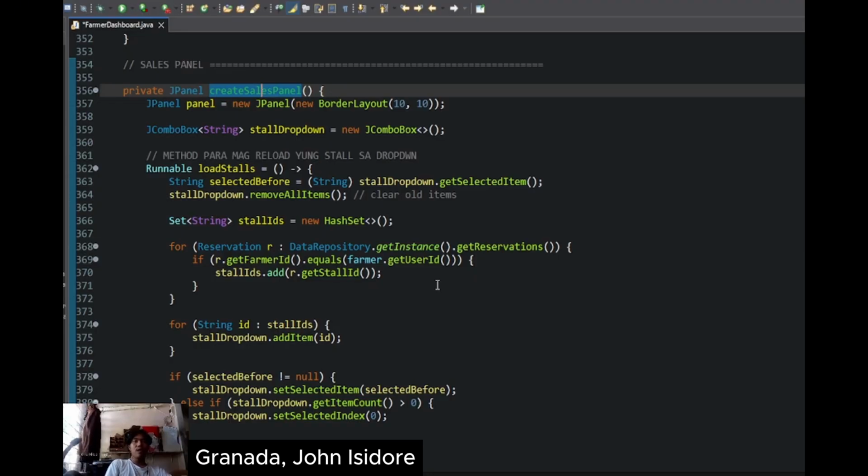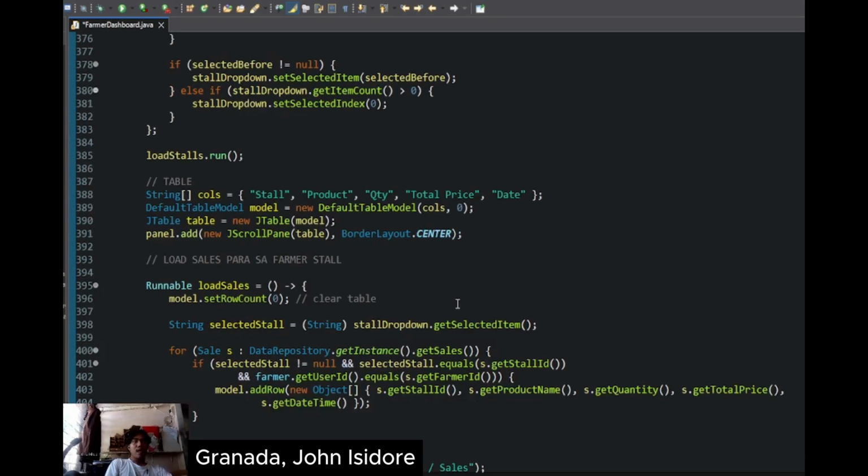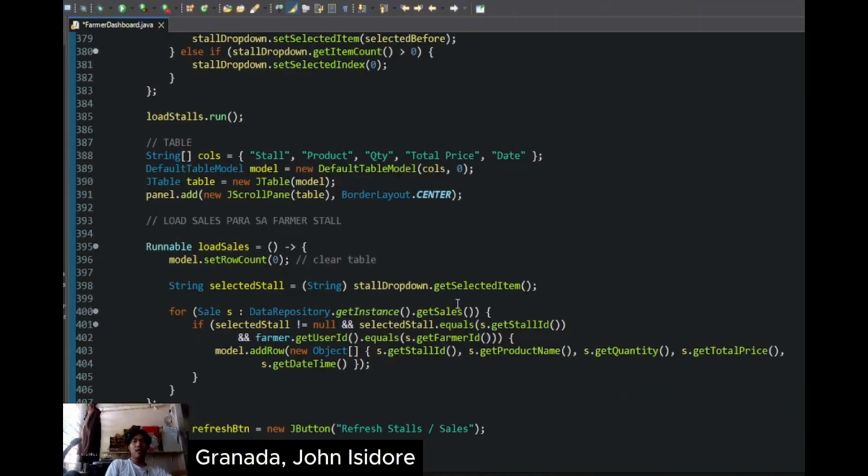The farmers can log their daily transactions by typing in the product name, the quantity sold, and the price per item. When the add sale button is clicked, the system mathematically calculates the total revenue, saves the transaction object to the database, and immediately updates the table above, making it incredibly easy for the farmers to track exactly what they sold and how much they earned.